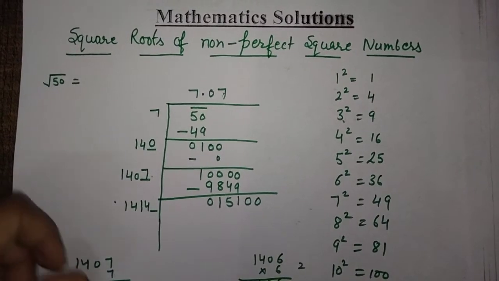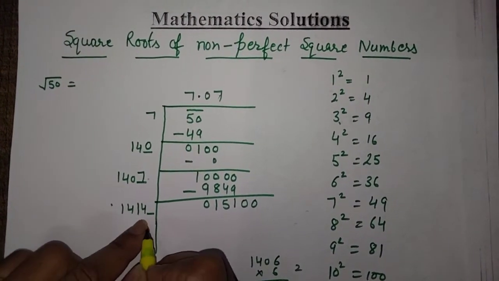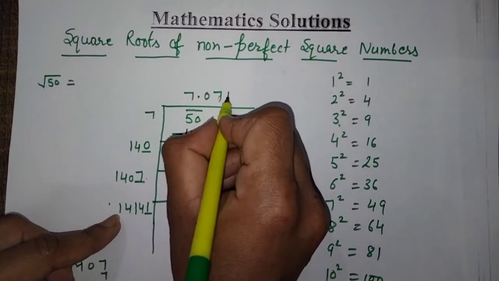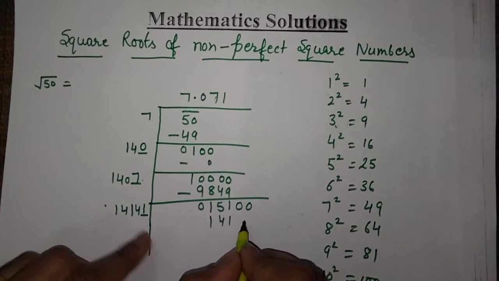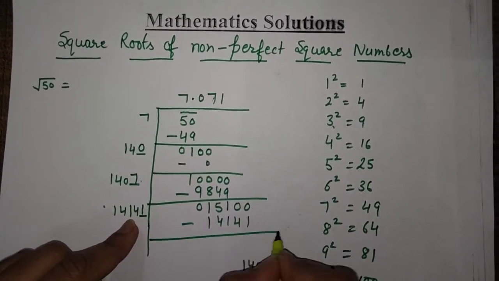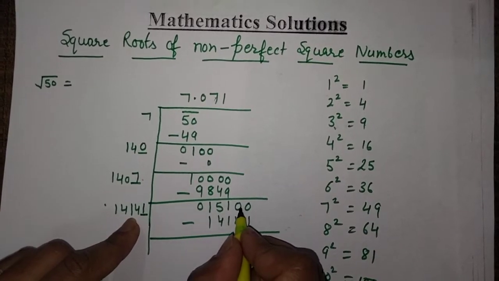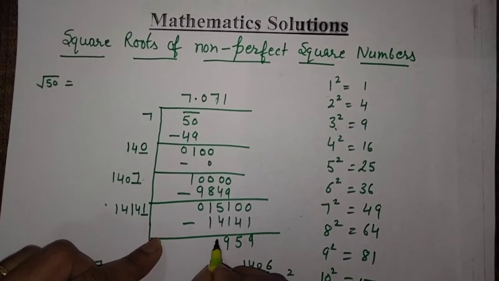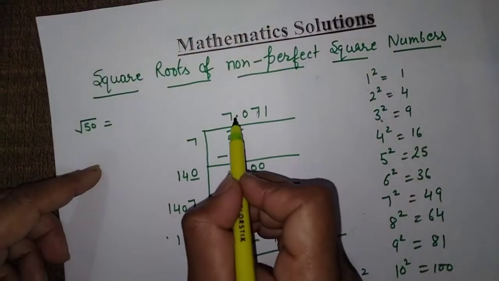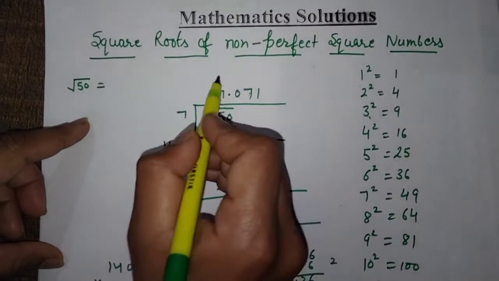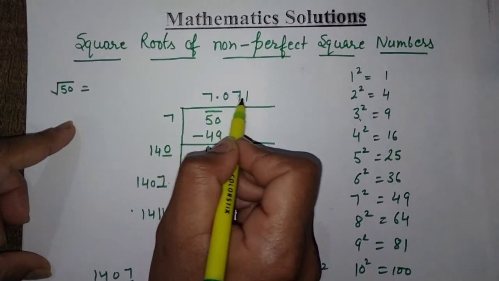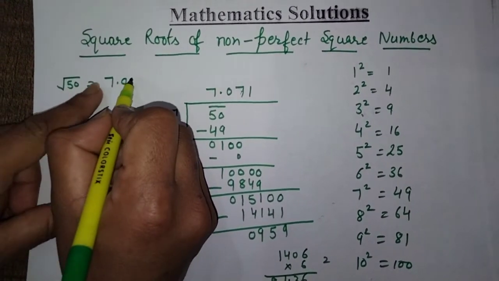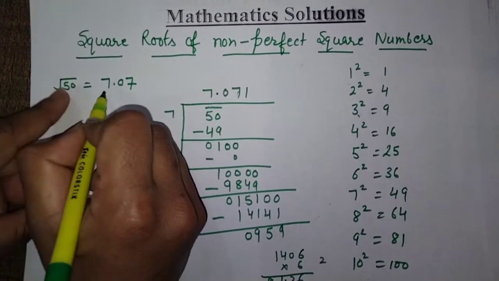So let's divide one more time. Now if I write 2 here and multiply this number with 2, then I will get a number greater than this. So I will write 1 here. Now subtract. 10 minus 1 is 9, 9 minus 4 is 5, 10 minus 1 is 9 and 4 minus 4 is 0. So we have found the result up to 3 places, and if we are asked to find the result up to 2 places, then we will write the square root of 50 is 7.07.